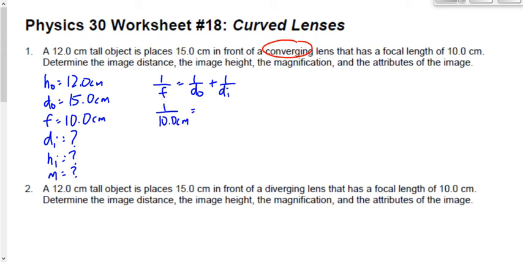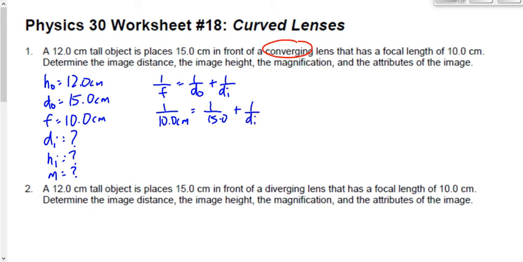For me, I like to plug in the numbers before I rearrange this equation. There's no real good reason why you have to do that. It just works better for me. If you find rearranging it first works better for you, that's great. Go ahead and do it that way. But if you're not sure, and you want to just follow what I do, I like to plug in my numbers first and then rearrange. 1 over 10 is equal to 1 over 15